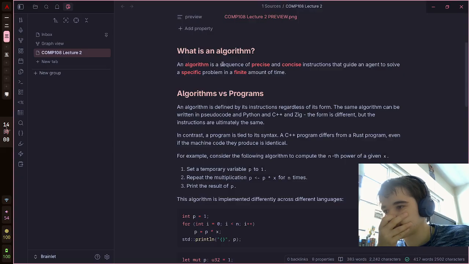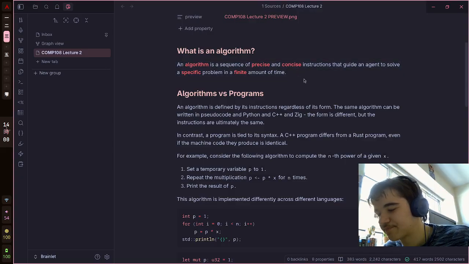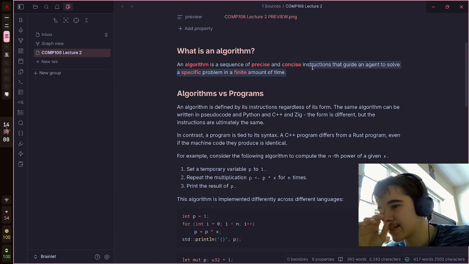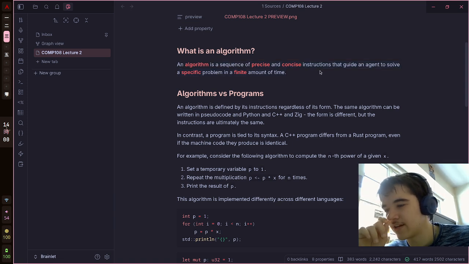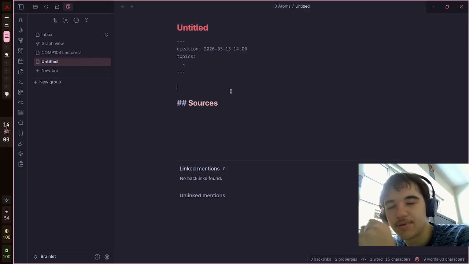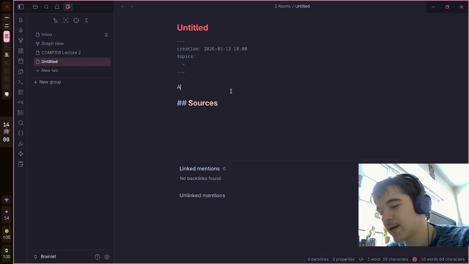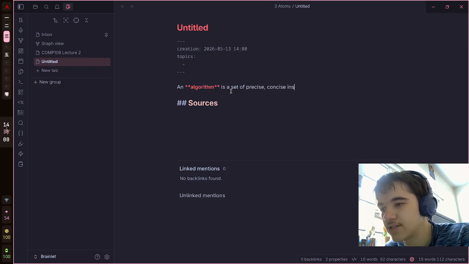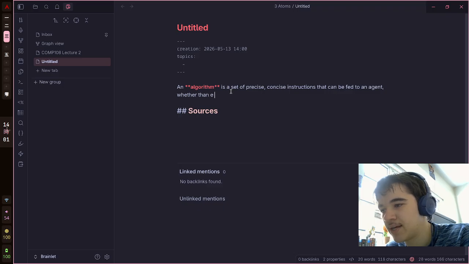So first of all, what is an algorithm, right? An algorithm is a sequence of precise and concise instructions that guide an agent to solve a specific problem in a finite amount of time. So precise and concise is important here, right? So an algorithm is a set of precise, concise instructions that can be fed to an agent, whether that be a human or a machine,